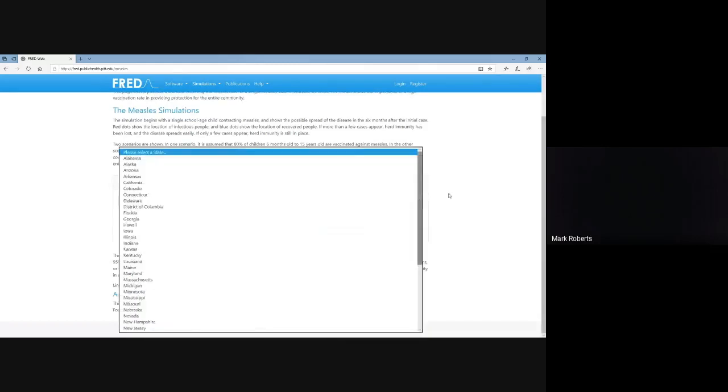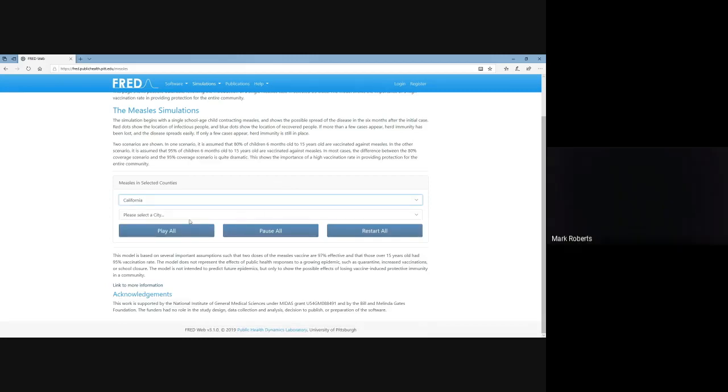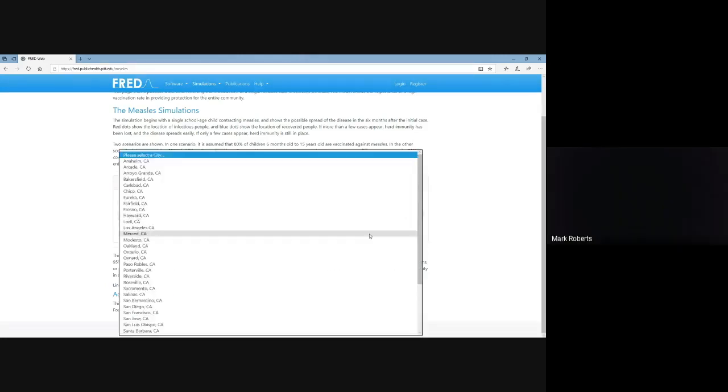So somebody give me a state. Actually, I think Greg's the only person who can speak. I think everybody else is on mute. Oh, say again? Just give me a state. Pick a state. Oh, let's do California. Let's see how badly we're going to be doing. All right, and then you have to select a city. Should we do